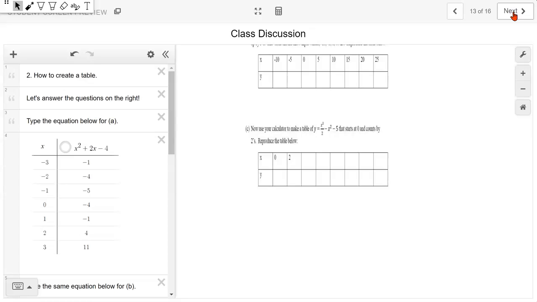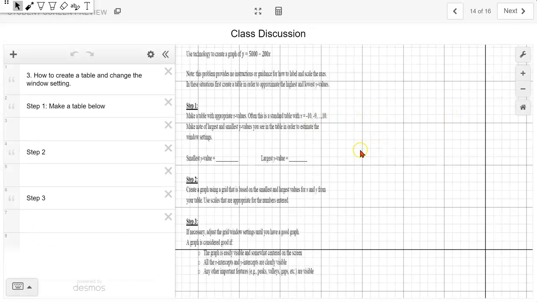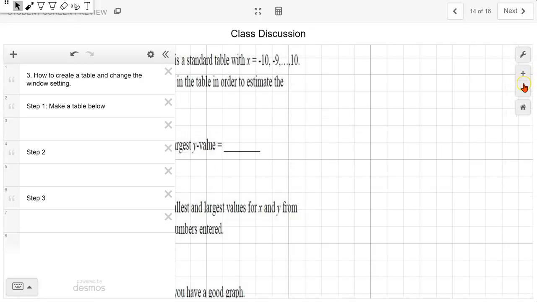But for the next one, this is the third problem. So I have the grid and the x and the y axis. So this is the y axis and this is the x axis. We're going to use Desmos to create the graph y equals 5000 minus 200x. So if you can see it,